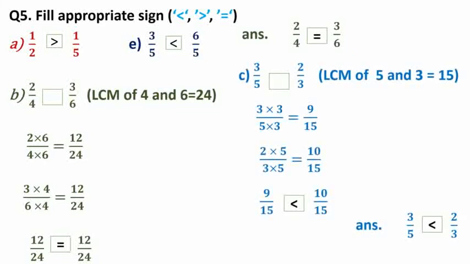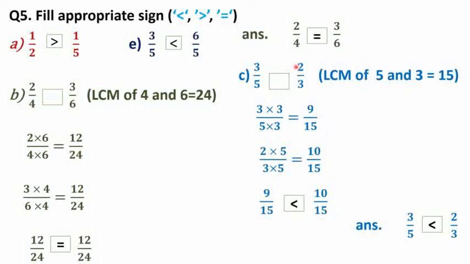Next question is also a similar question, which has denominators different and numerators also different. So we need to find the LCM of 5 and 3. That is equal to 15. Now we have to find the equivalent fraction of both of these fractions and make them like fractions. Okay. So for 3 by 5 we will make the equivalent fraction which has the denominator 15. When we multiply 5 into 3, we get 15, and therefore we multiply 3 in the numerator also. So 3 into 3 you will get 9. So the fraction is 9 by 15.